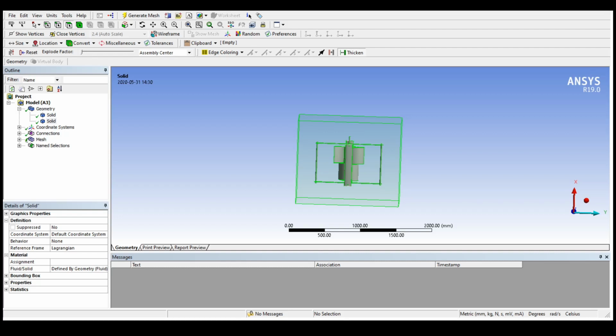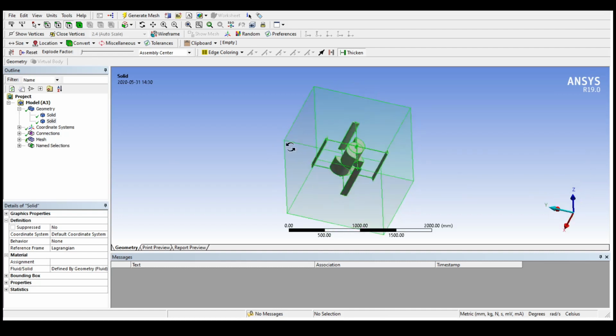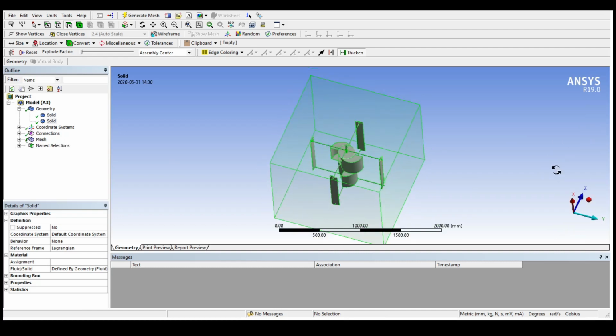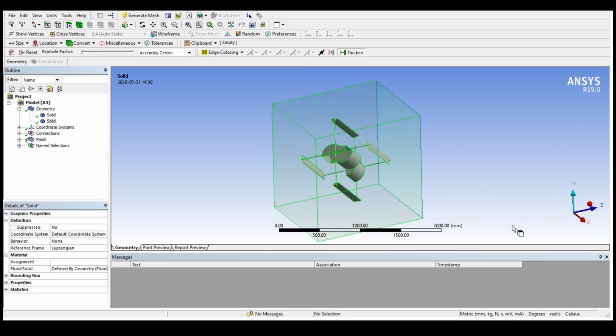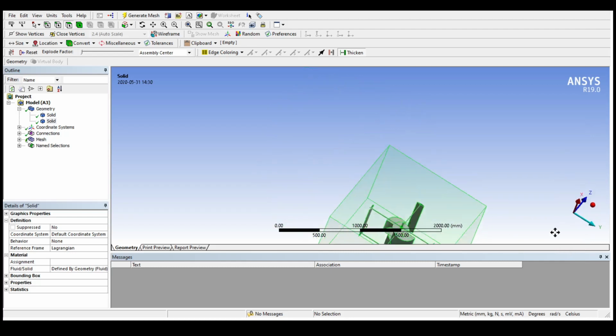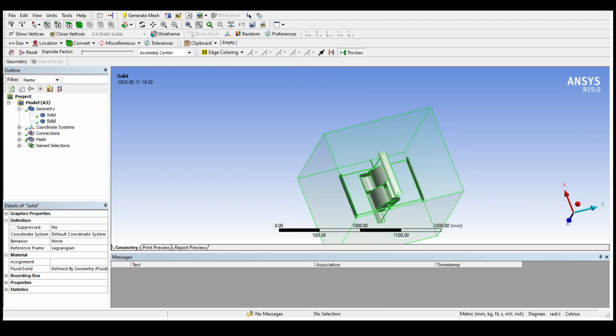In the modeling section, we need to do the meshing operation, and before we move into the meshing operation, the enclosure has to be hidden. To hide it, let us click on the solid. This is our enclosure, and I am hiding it. Right click on it, hide body. Okay, the enclosure is being hidden and only the geometry is visible.